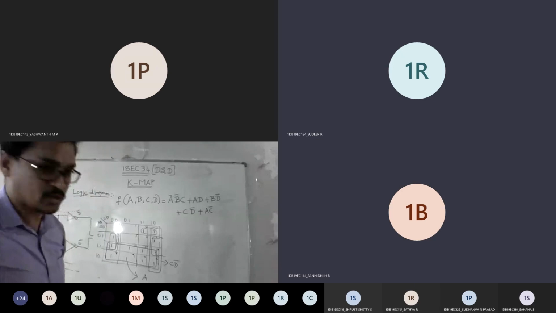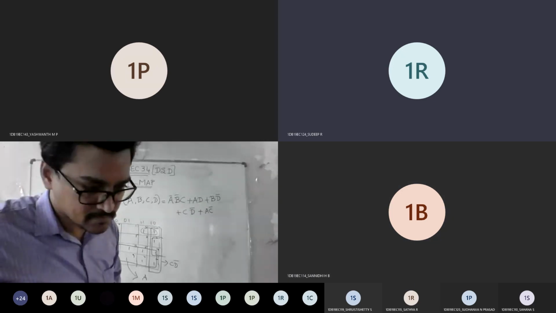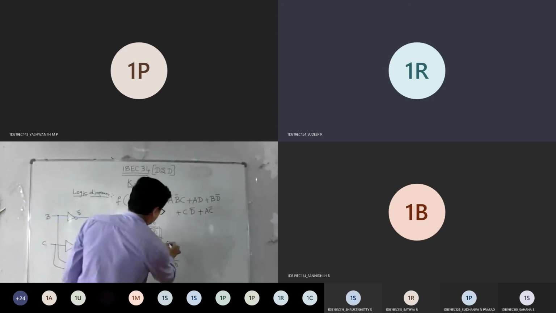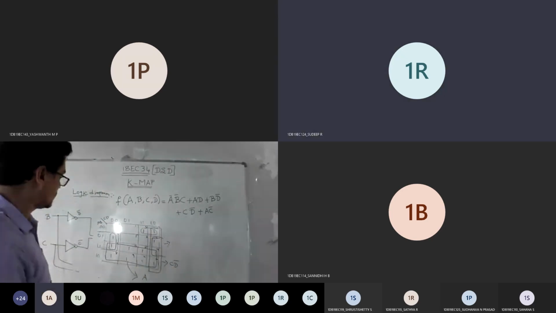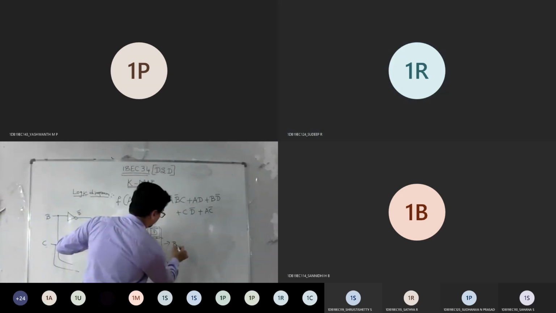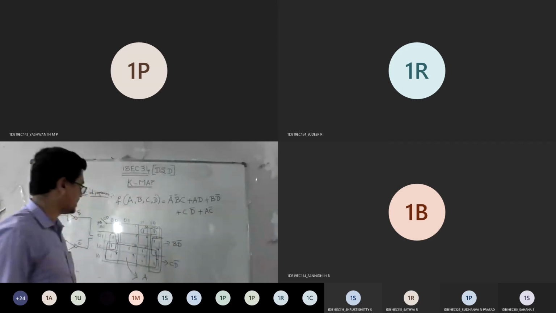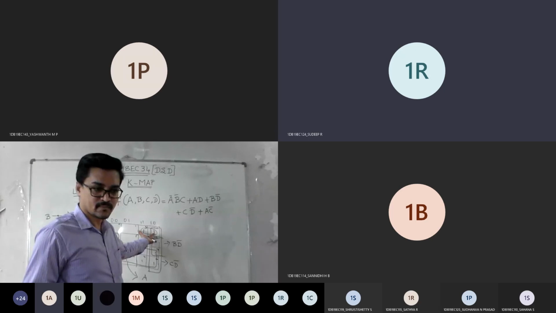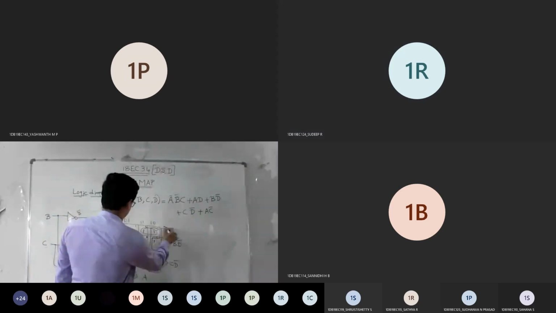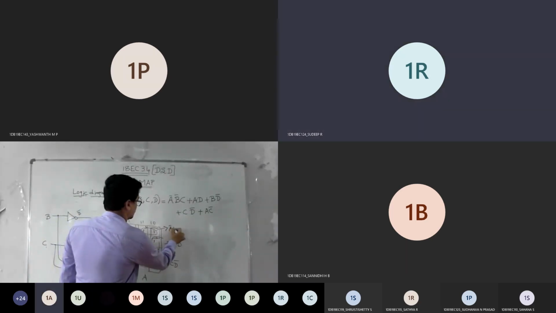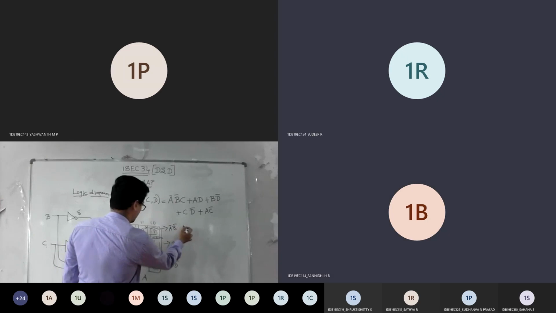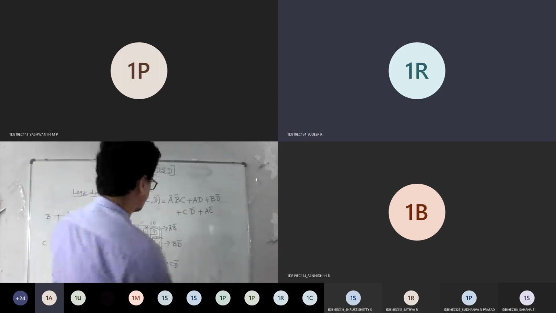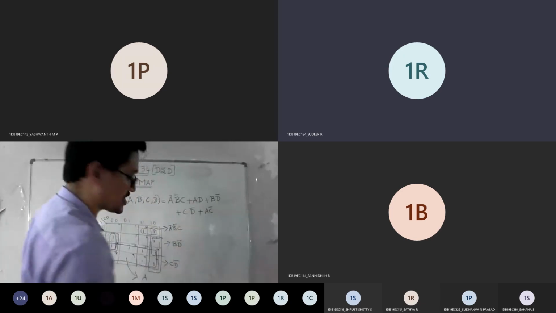So will you go with the quad now? Yes, sir. So after the quad, what is the expression here? B D bar. From this I can get B, and from this I can get D bar. Then what is left out? Only these two. What is the answer for this now? A bar, B bar, C. A bar, B bar, C.